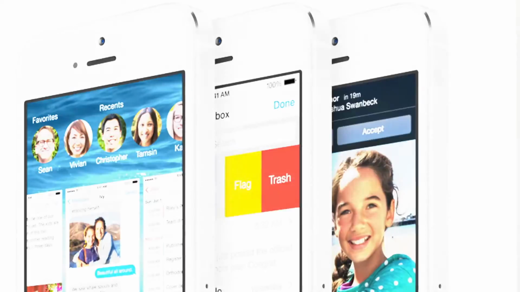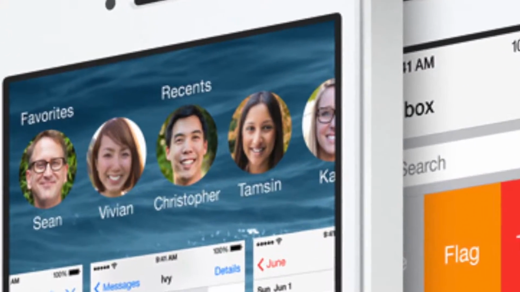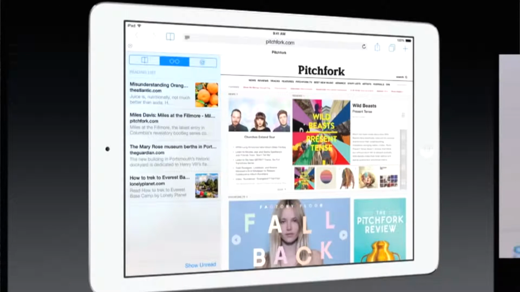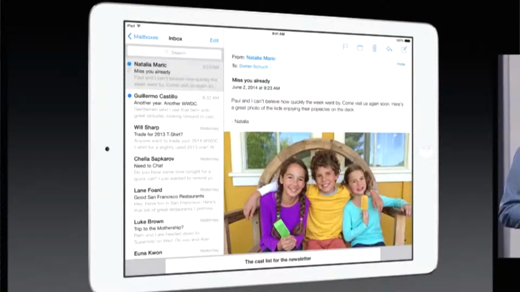Also, in your multitasking view, instead of just the applications on the top, it also has your contacts, so you can access the contacts that you use most, like favorites or recents, and call them, FaceTime them, things like that. And for the iPad, there is now a sidebar for your reading list, your history, I think, stuff like that. And also, this is a really cool power user feature. While you're composing an email in the Mail app, you can actually swipe down to access your inbox while you're composing an email. That's a really cool feature.